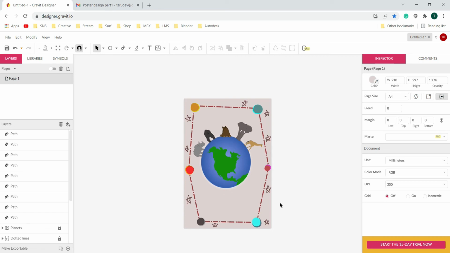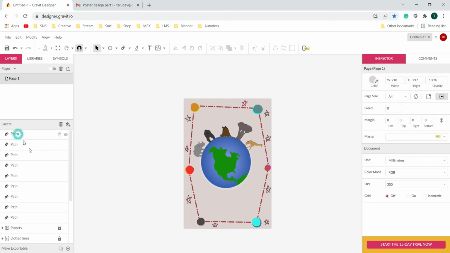Now let's come to the last thing, which is delivering the information. For that, what I'm going to use is the text tool to add the text. Basically, this poster is to create awareness about the wildlife. So it's a poster for a documentary or a movie, you can say. All right. So for which, what I'm going to do is insert the text tool, but